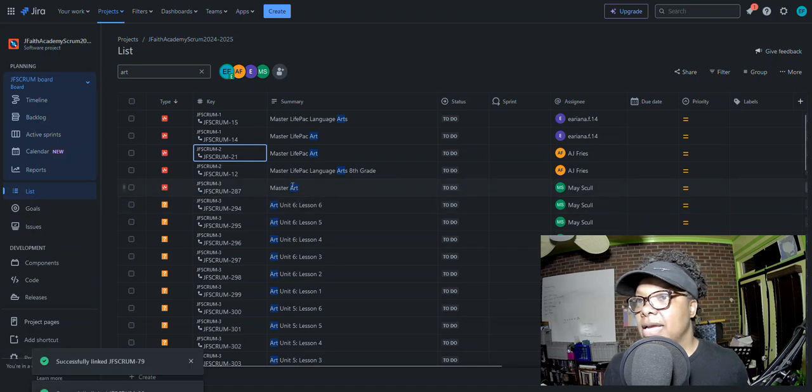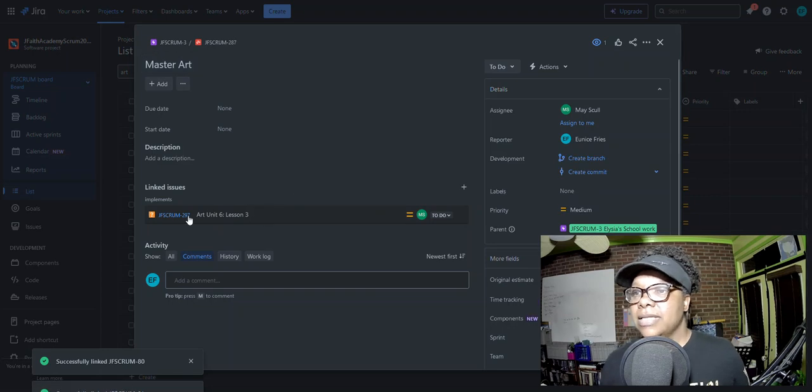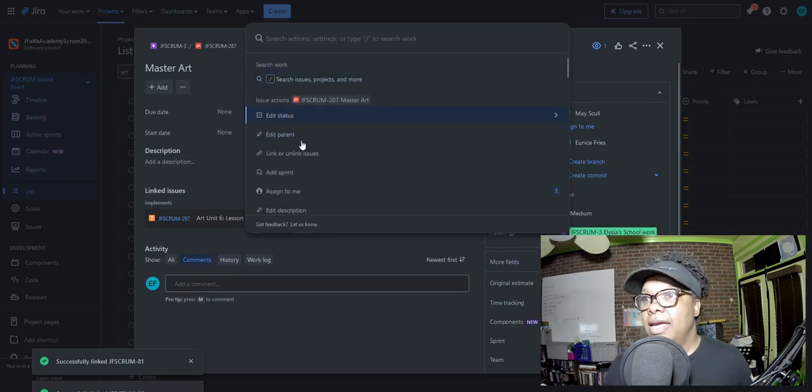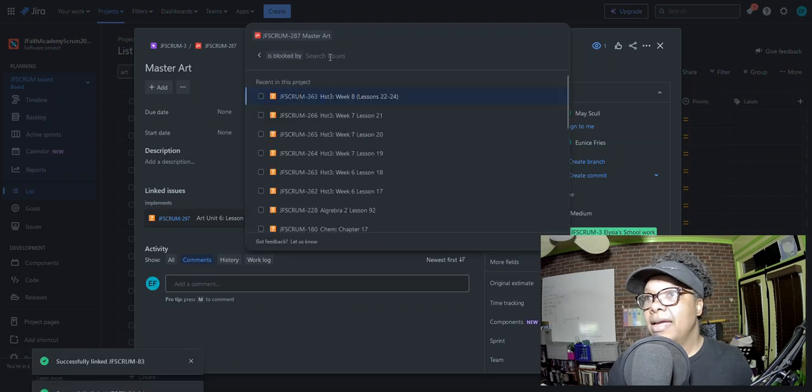Master Art. It looks like I didn't really get too nifty with hers. So theirs was like pack art, and hers was just master art. Her subject here. It looks like I already have one link to it. But once again, I'm going to go ahead and do Control K, and we're going to do link issues. We're going to block by, and hers is just different, right? It's just